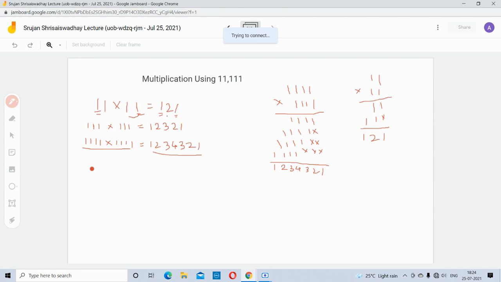Simply look at whether the numbers of ones are equal in both the multiplicand and the multiplier. If both are the same in number, simply count the ones and go on adding 1, 2, 3, 4, and thereafter you simply reduce it by 1 till the last number is 1. So this is how you will count it. Now I'll give you the option. Here it is.